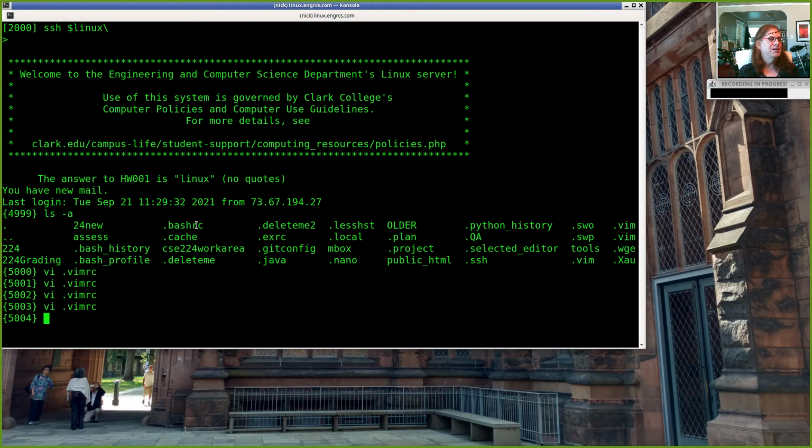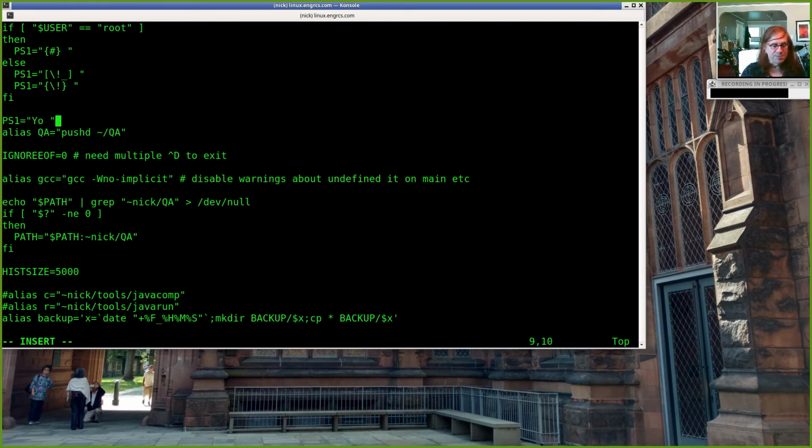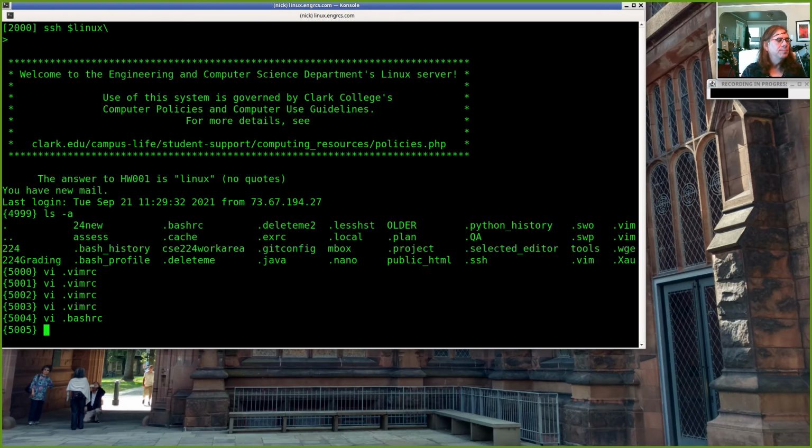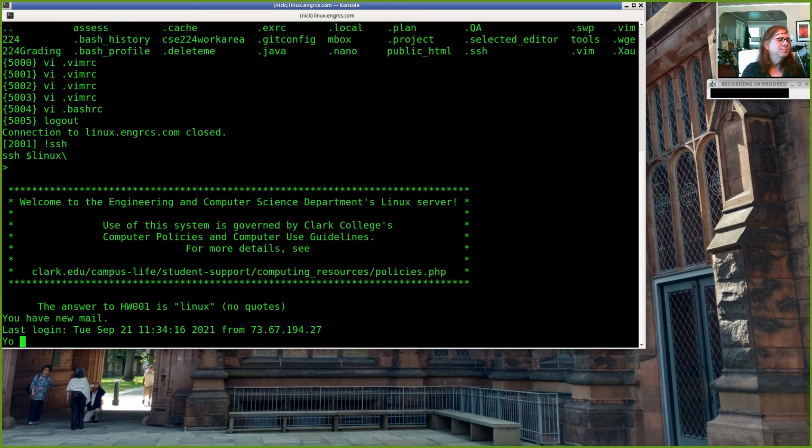So .bashrc is the way that we customize a command called bash, and bash is basically what we're running when we're logged into a Unix machine. And so .bashrc is a file that we can use to customize what happens when we start our login. For example, I set my prompt to be a pair of curly brackets with a number in between. The number shows me the number of the command, right? I could change PS1 to be yo. And now if I start a bash session, right, it says yo.